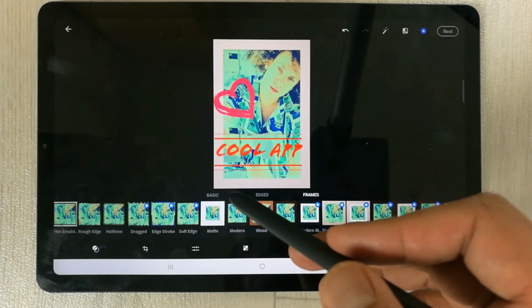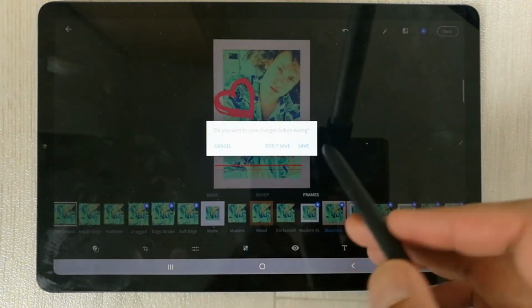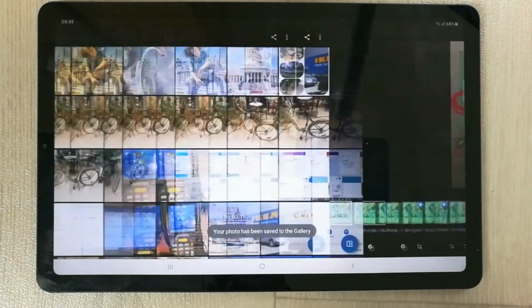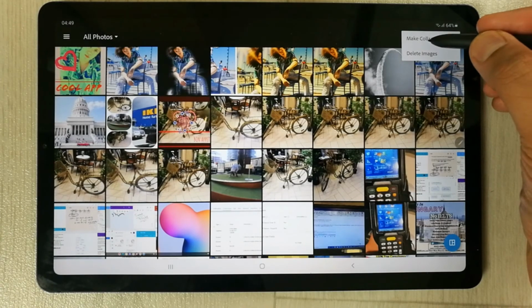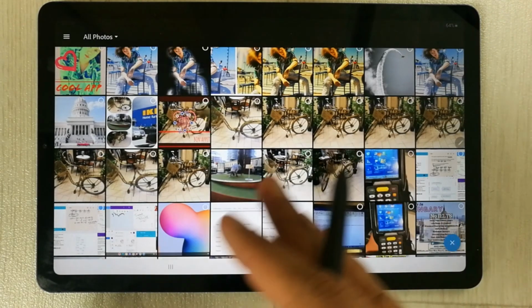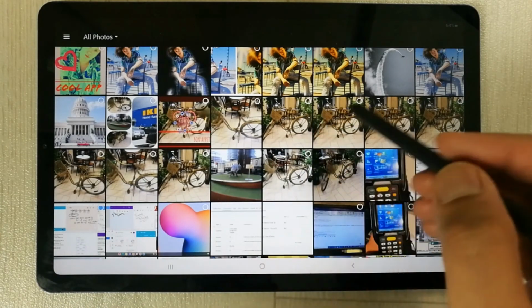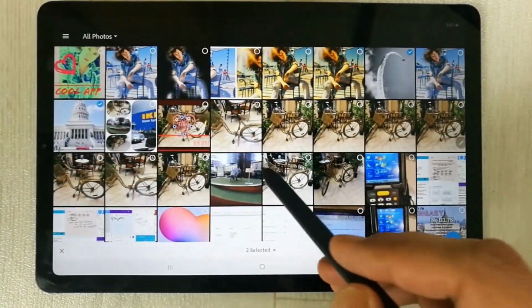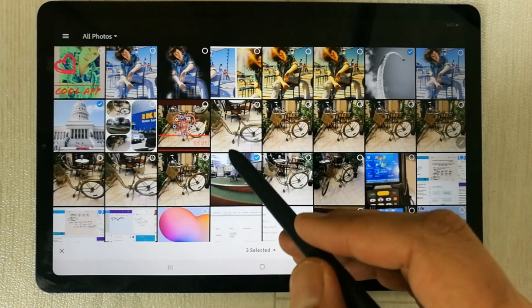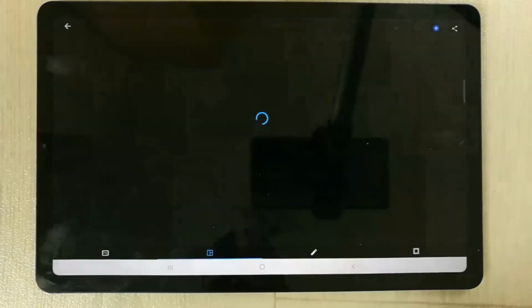The next tool that I want to show you is the collage tool. So you have to go back from here. It will ask you if you want to save the image. So I save this image, and then the collage option is over here. You see these 3 dots. Basically you select this make collage, and then you can select any 4 or 2 or 3 different images. For example, I select this image, then I select this image, and let's say I select 4 images. Then from here I go next, and then it will create a collage for me, and I will show you how it works.